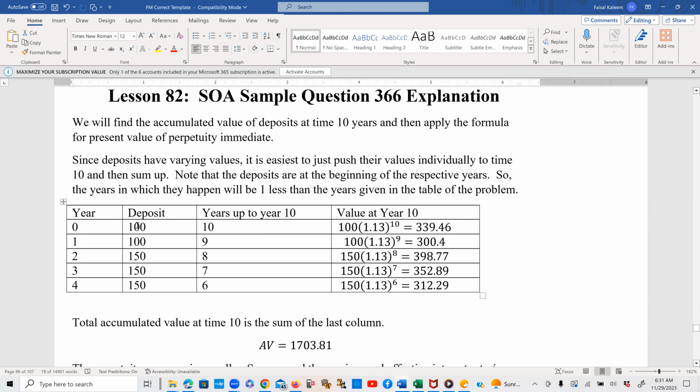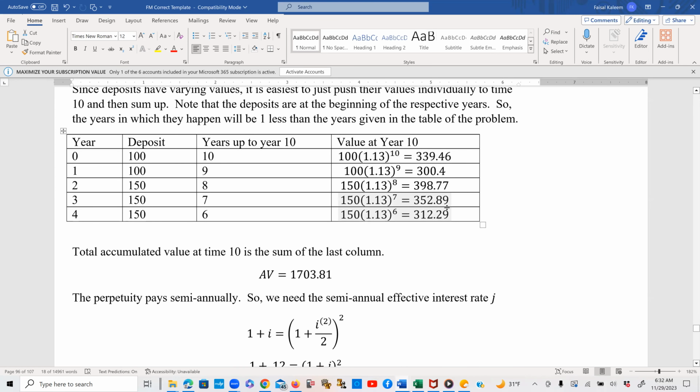So the first one, the deposit was 100. Its value at year 10 will be 100 times (1+i)^10, and these deposits are undergoing a 13% interest rate. Similarly, the second deposit happens at time 1, and it has 9 years to go up to year 10. So its value at year 10 will be 100 times 1.13^9. The third one is a deposit of 150, happens at year 2, so it sits for 8 years until time 10. So its value is 150 times 1.13^8, and similarly the other two. And the total accumulated value at time 10 is the sum of all these individual accumulated values. So you sum the last column, you get